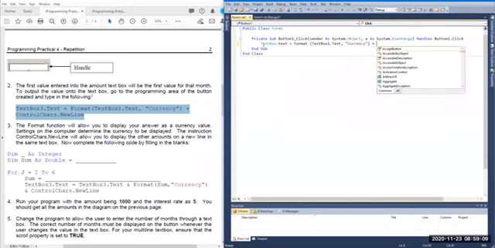Then that will be added, or should I say joined. So this plus is to join. It's not mathematically adding things together. It's joining what we have here. It's joining this function to another control character,